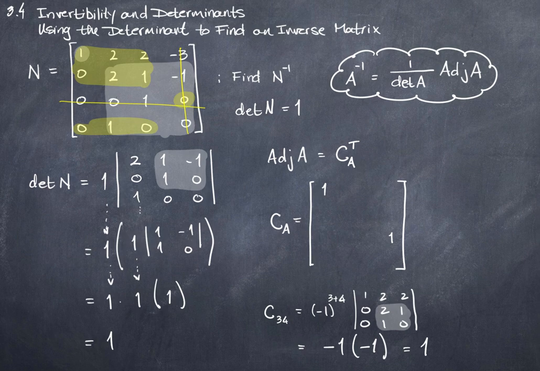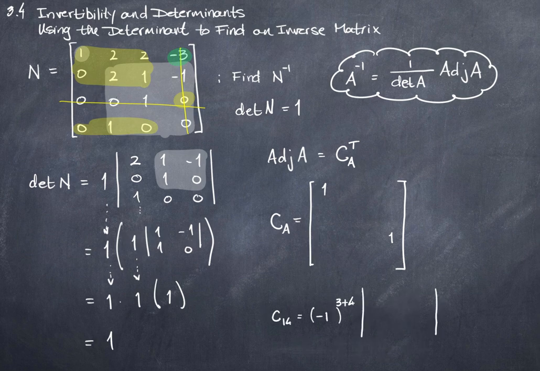All right, I'm tempted to do another one just for practice. Let's just do one more. Let's do the cofactor for this entry here. All right, so I've set this up for us. I have row 1, column 4, so I have cofactor 1, 4, which starts with negative 1 to the power of 3 plus 4, and the